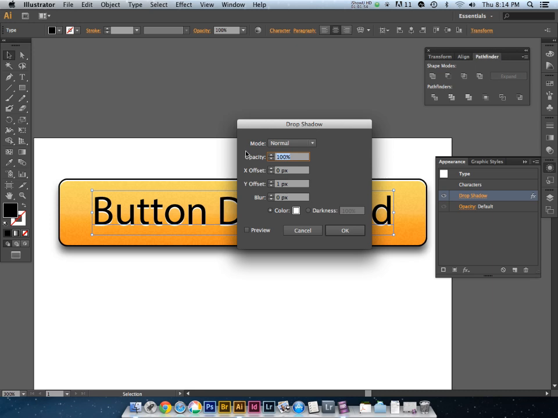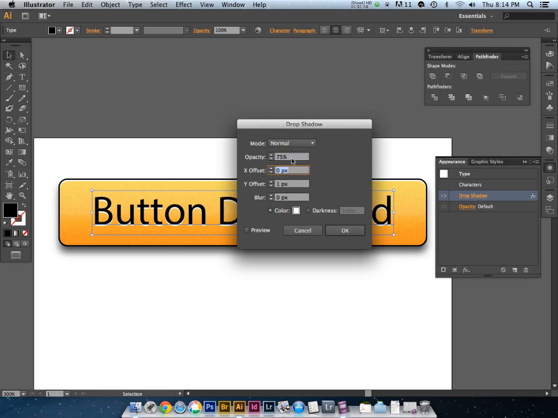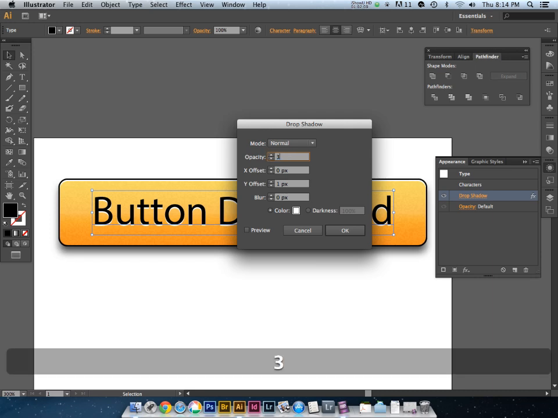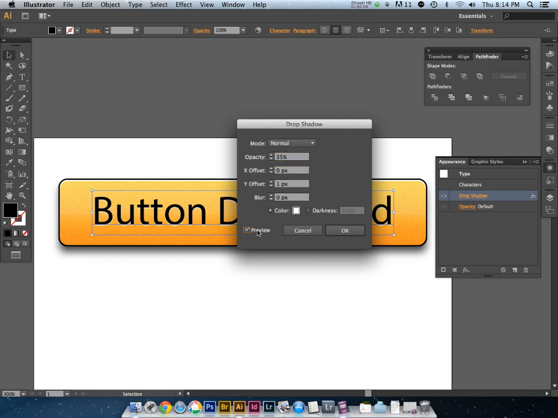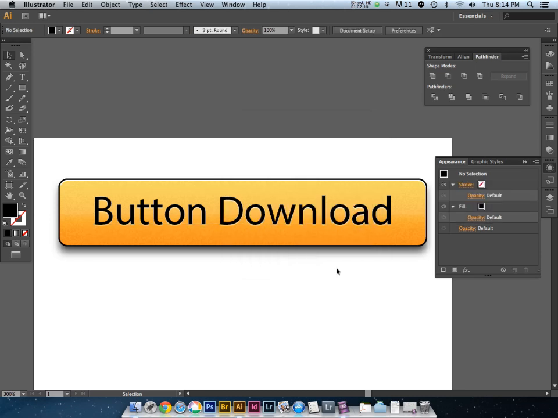Maybe that's a little too harsh. I'll change this to 75% opacity. That's still not enough. I sometimes like the number 35 as a pretty special number for me. Oh, I didn't have preview. Let's see. 35 might be too subtle. We'll go to 50%, hit OK, and you notice we still have the same effect, but it's 50% opacity, so